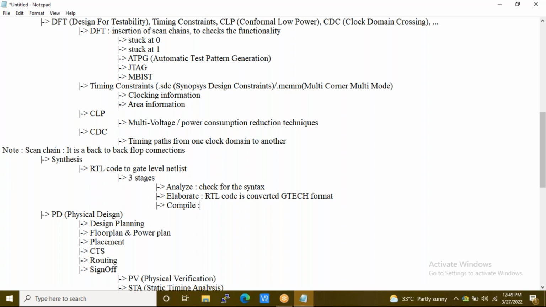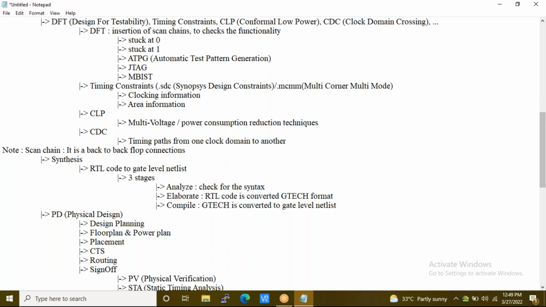And next, compilation. The GTECH that the tool converted in the elaborate stage is converted to a gate level netlist by performing optimizations.